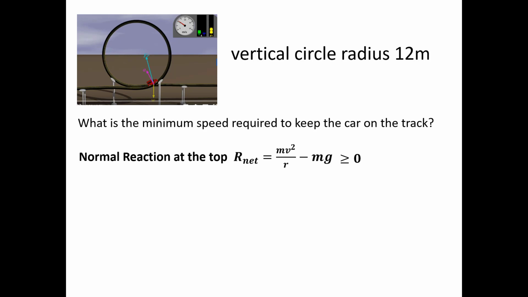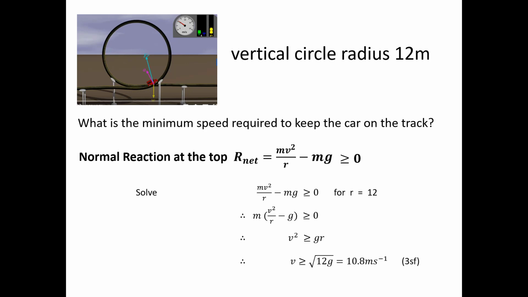So all we need to do to find the minimum velocity required is solve that equation for r equals 12. Well, we can take out a common factor of m and divide it out. That means v squared over r minus g equals 0. So v squared over r has to equal g. You rearrange, you get v squared must be greater than or equal to gr. We sub in r equals 12 and we get a minimum velocity for making it round that loop of 10.8